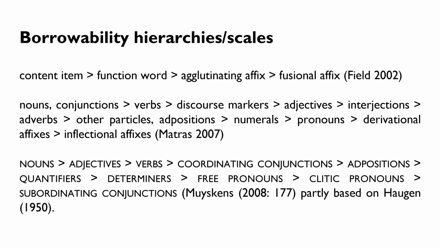Implicational readings, which is you can't borrow something to the right if you haven't already borrowed something to the left. Now this is similar to temporal readings, but it's not exactly the same because, for example, you can think of a language borrowing something from the left and then losing it, and then, how would this show up in our implicational universal? And then frequency, right? They're more frequently borrowed. So not that you have more borrowed nouns in a given situation than conjunctions, but rather that it's more frequently the case that nouns are borrowed. Of course, all of these things are not mutually exclusive, but they're just different ways of reading them.